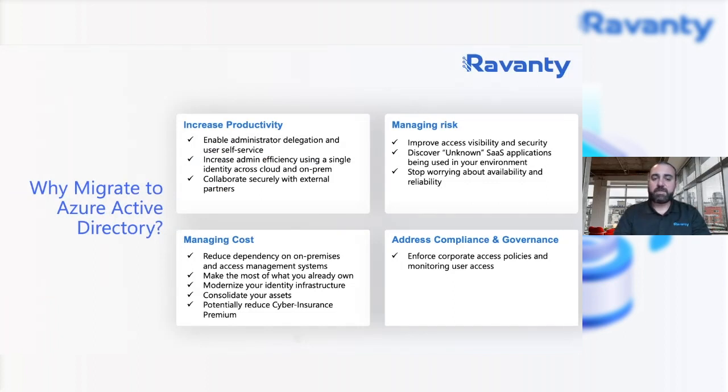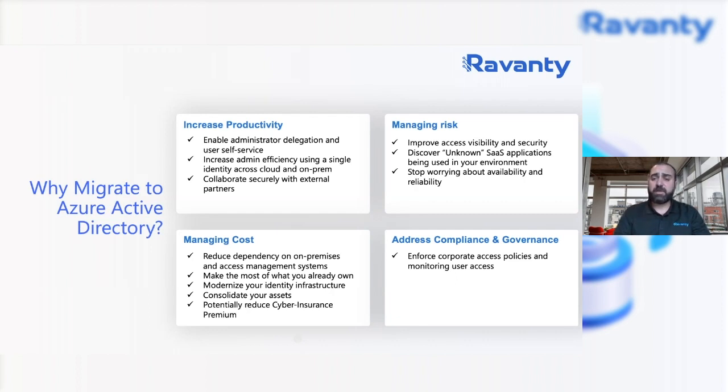Obviously, creating streamlined identity and access management processes not only helps users, but also helps administrators as it pertains to delegation and having a little bit better controls around things like privileged identity management components, and really increasing the efficiency for admins as well, while using a single identity across cloud and on-premises assets, and really creating a better collaboration experience, as well as better processes when organizations work with vendors, external partners, what have you.